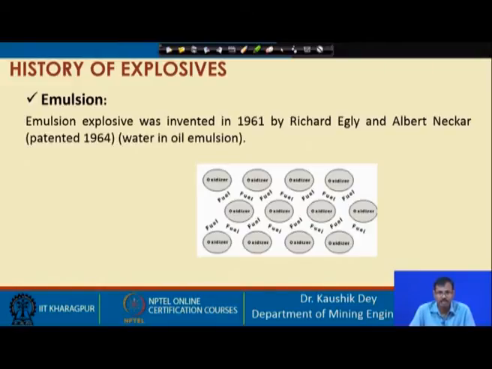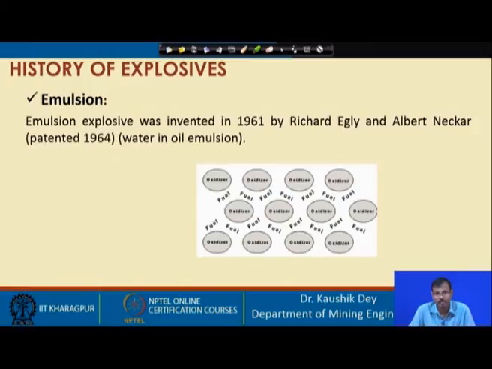The reason is that ammonium nitrate explosives are slurry or free flowing compounds which can be pumped. That means, a large quantity of explosive can be handled very easily, which is not possible for the nitroglycerin based explosives. The sensitivity of these explosives is further reduced, and it needs a high amount of shock. So, no one can accidentally blast it, or willingly mishandle this explosive. So, this is very easy, very safe, and overall these ammonium nitrate based explosives are much cheaper than